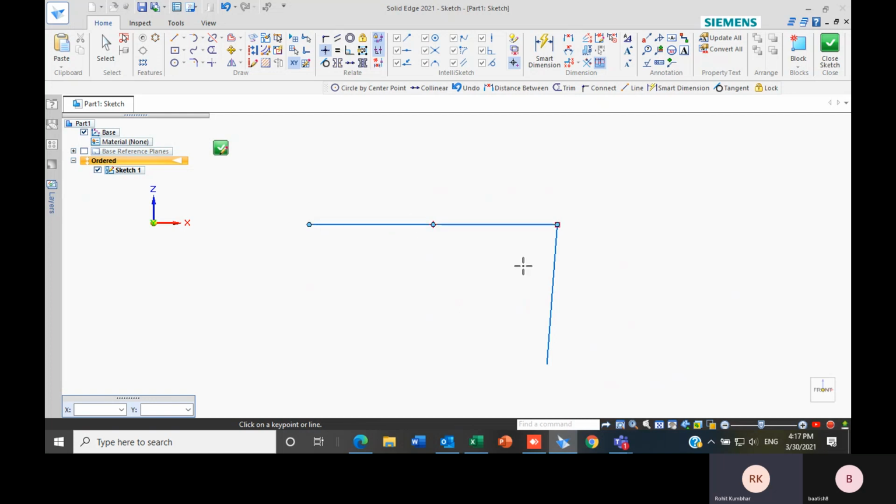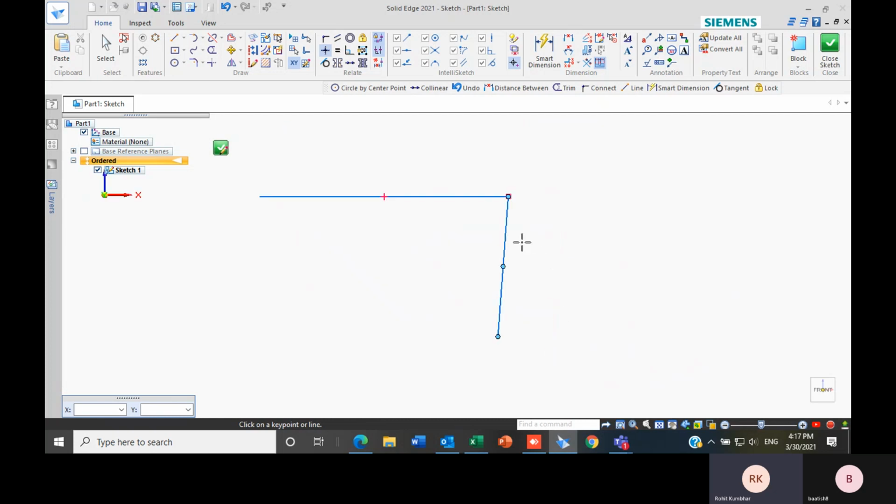And if the angle of the line is more than 45 degrees, the line will change into a vertical line. So this one is about horizontal and vertical.